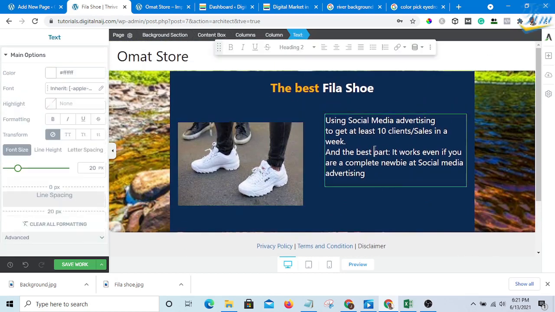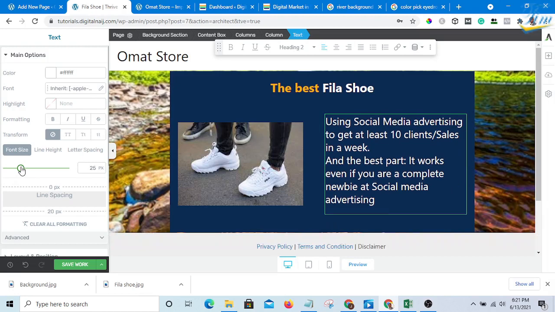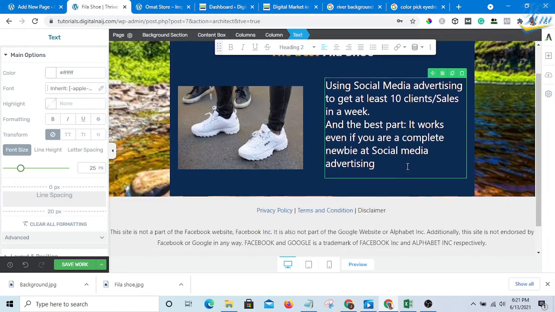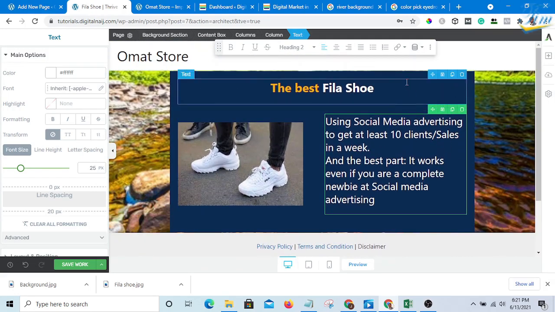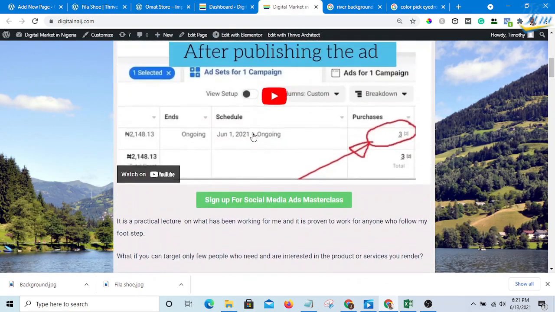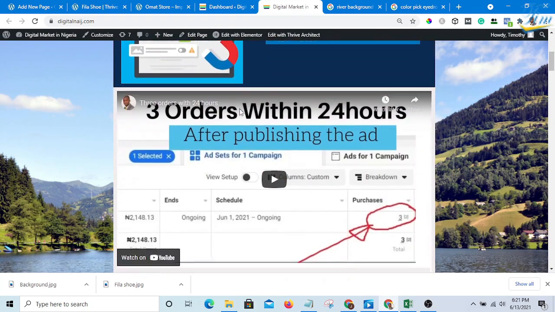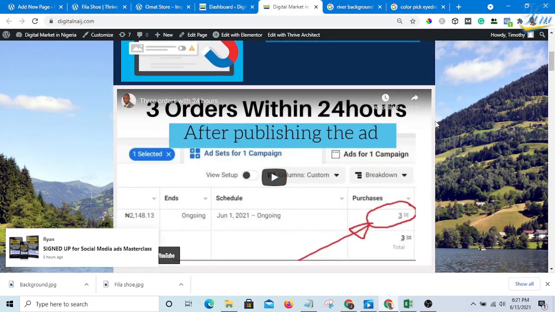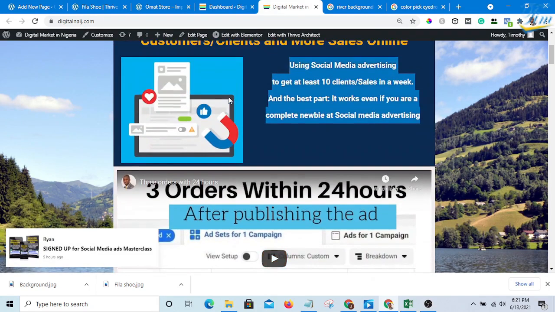Then this is where you control the height of the text. Okay, so this is better. Then let's go further. If you look at it, this video is covering the whole of this space, so it